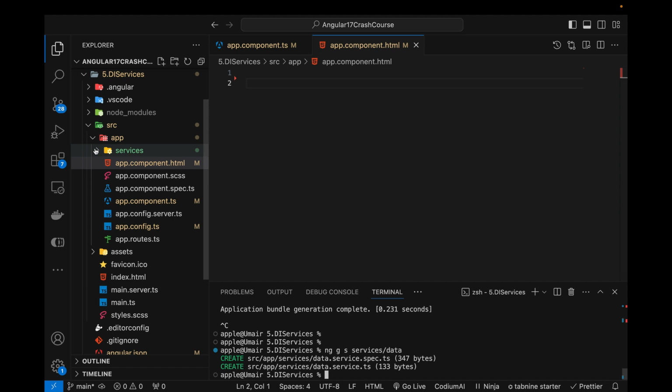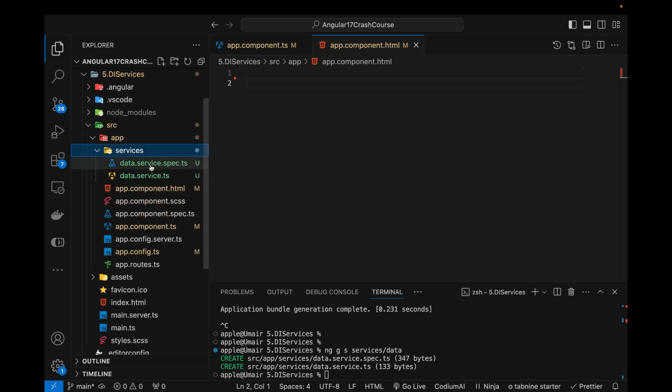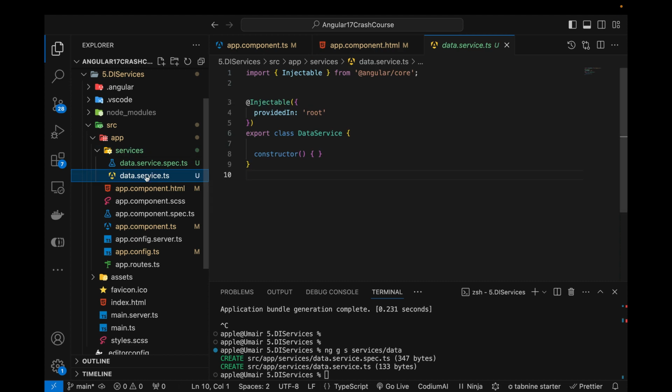You can see that it has created this folder with the name services, and it has created this default spec file which is for unit testing. This is not the topic for us. And then this is the main file,